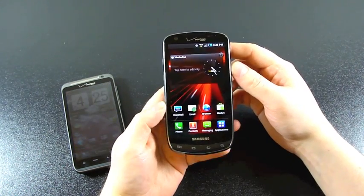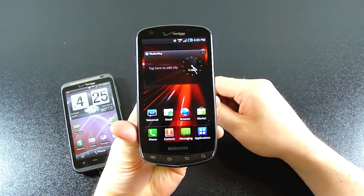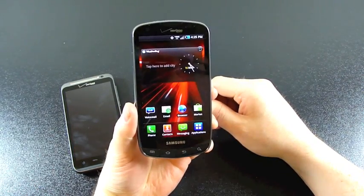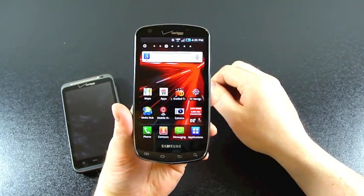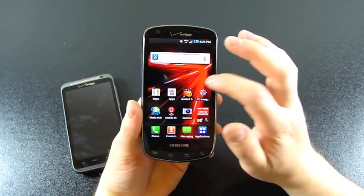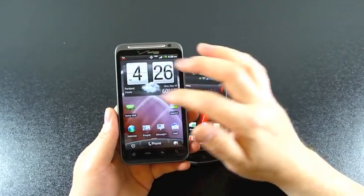As you can see, just looking at the colors of this wallpaper, the Droid Charge display is very sharp. It has excellent contrast. Those colors, to the naked eye, really pop, jump out at you. It's a beautiful screen. The Thunderbolt's wallpaper isn't quite as